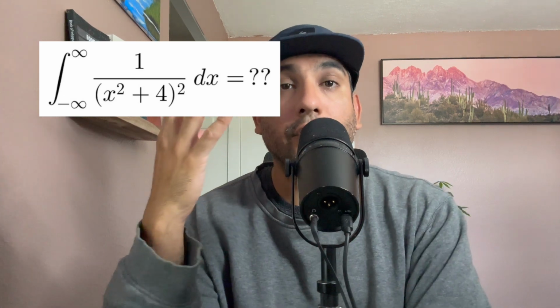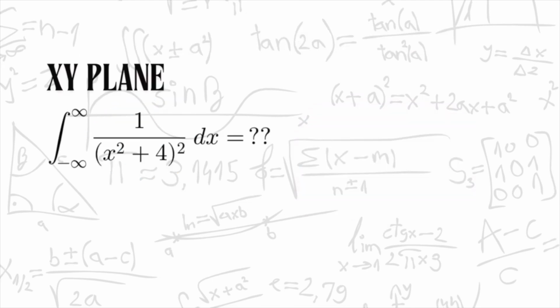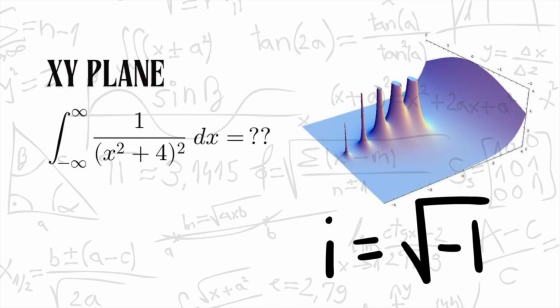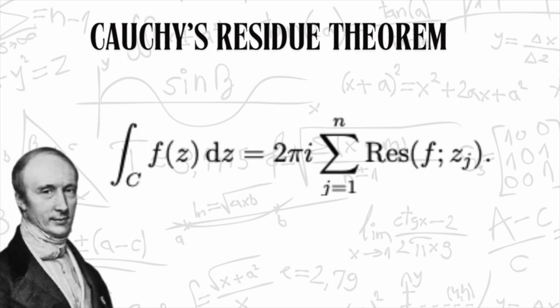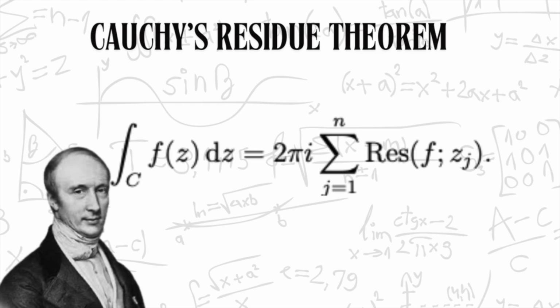We're going to go ahead and solve this integral using contour integration. Contour integration is an integration technique that you learn later on in complex analysis. It involves imagining our function now in the complex plane, where we can use Cauchy's residue theorem that tells us that the integral about a contour is going to equal 2 pi i times the sum of all